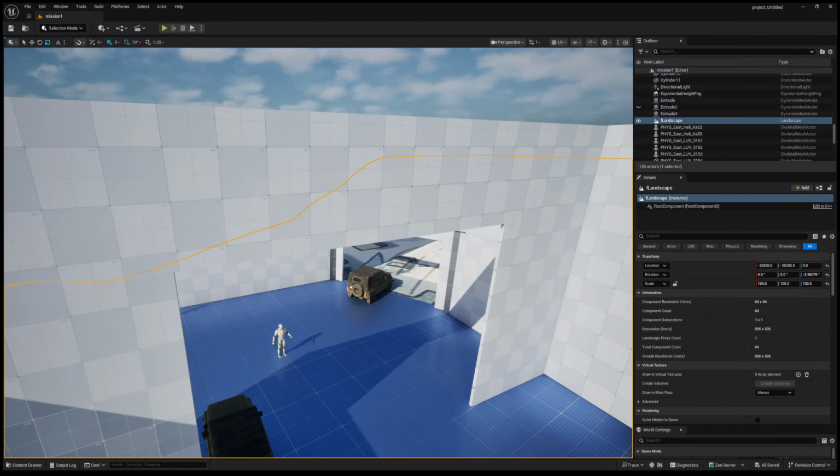So, you want to add Steam to your Unreal Engine multiplayer game? Not a problem. In the next few minutes,